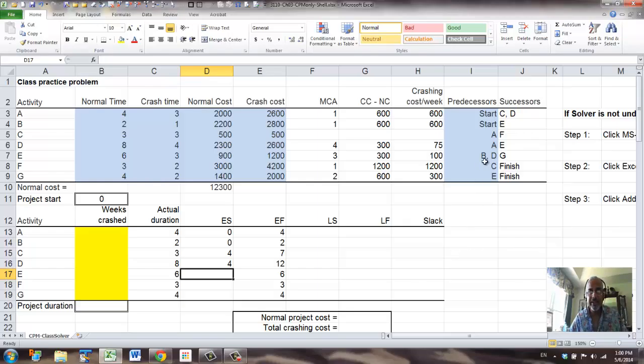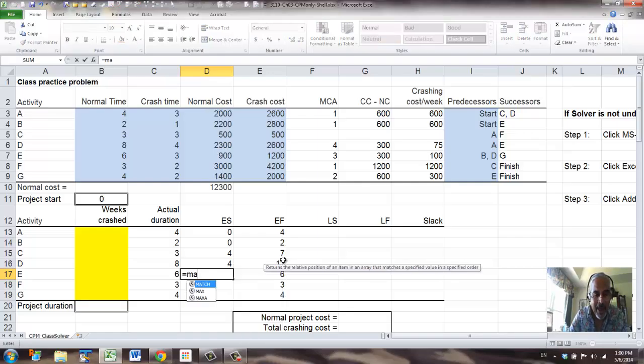Next is E. For E we have 2 predecessors, B and D. So we have to take the maximum between B and D, but you don't want to type this in yourself. We want to use the max function, so this process will be automatic.